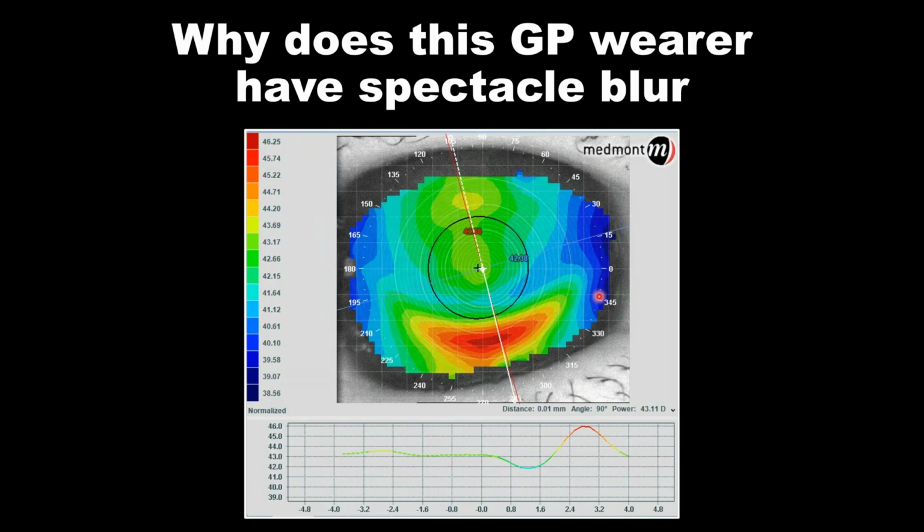And as you know, a spectacle blur is when our contact lens wearers take their lenses off and their habitual or correct glasses prescription just doesn't seem to work, suggesting that we may be altering the eye shape. And clearly, when we look at this topography, there's something amiss. This doesn't look like a normal with-the-rule astigmatism, doesn't look like a normal shape eye. We've got this big smile down here. We've got this arc of flattening running right through the cornea, which isn't very typical of a normal